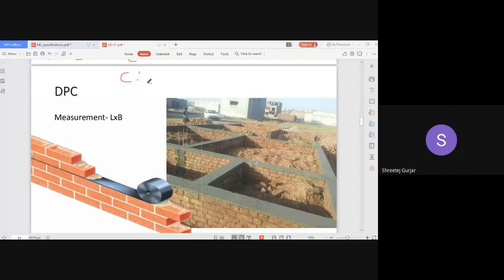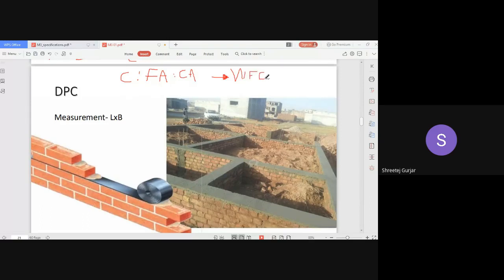So along with cement, along with fine aggregate, and in some cases also coarse aggregate, you have to add admixtures which prevent water from travelling through your concrete. Waterproofing compounds you have to add.